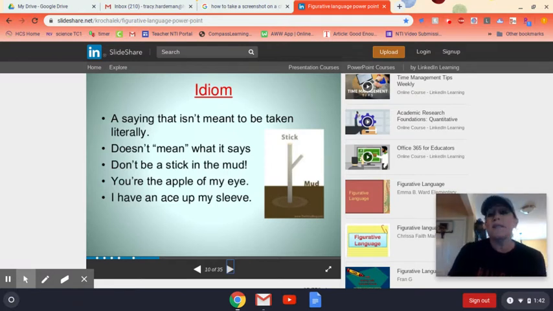Okay. So I'm going to tell you to pause again and make sure, so far you should already have simile and metaphor. You need to make sure that you've added personification, onomatopoeia, hyperbole, and idiom. So make sure that